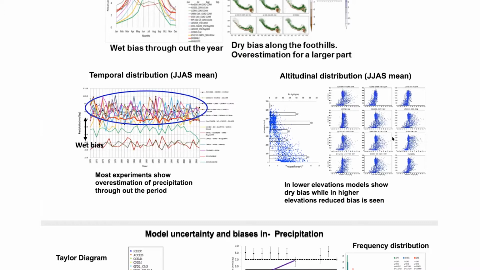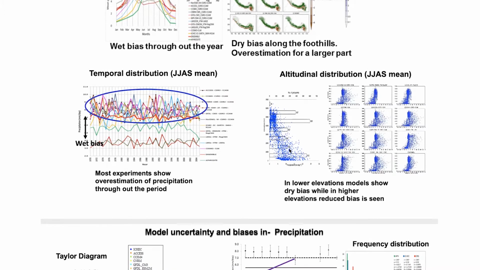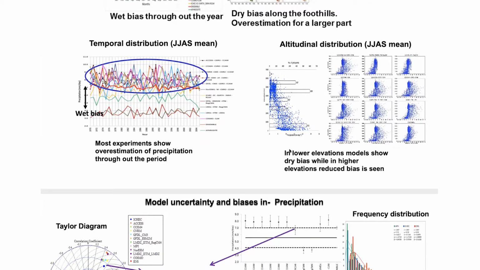If you look at the elevation dependent graph, in the higher Himalayas the clustering of the distribution is close, as seen in the observation, which is on the left hand side. But if you look at the foothill of the Himalayas, most of the models are unable to capture the precipitation distribution or its intensity. So it's not that spread. So what we concluded from most of the models, and we recommended for the climate modeling community, is that at the foothill of the Himalayas, your precipitation forming mechanism within the model framework is not capturing it most of the time. And also in some few cases, we have tried to improve the uncertainty with downscaling,